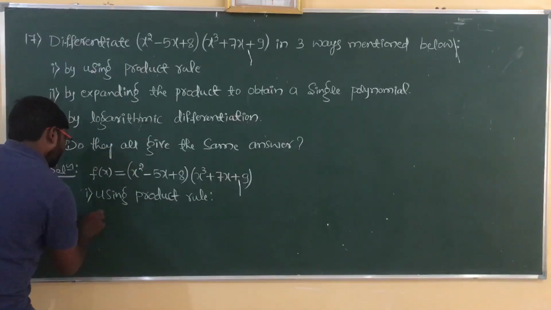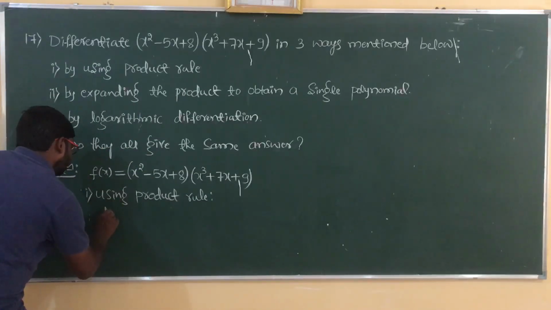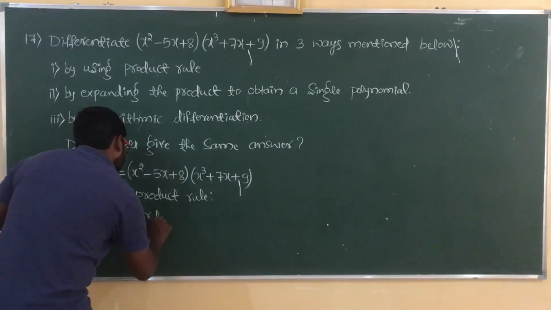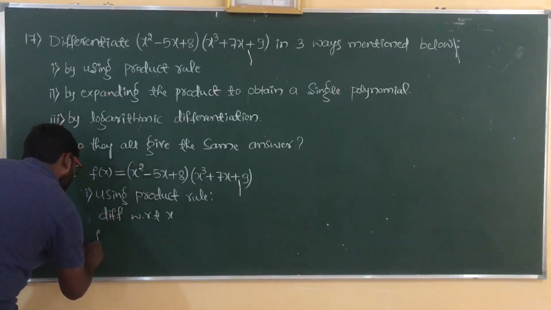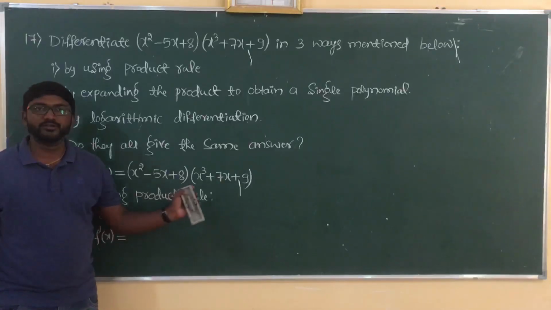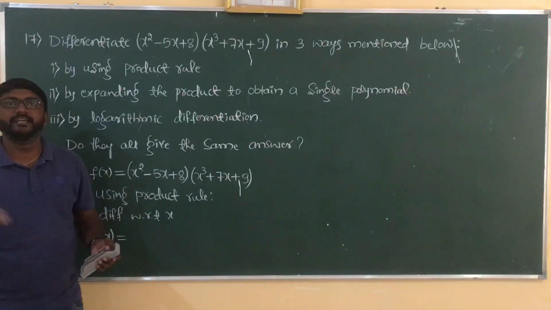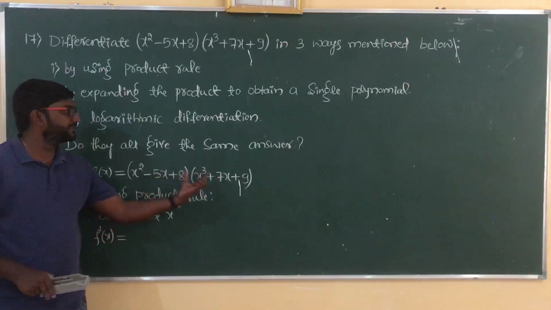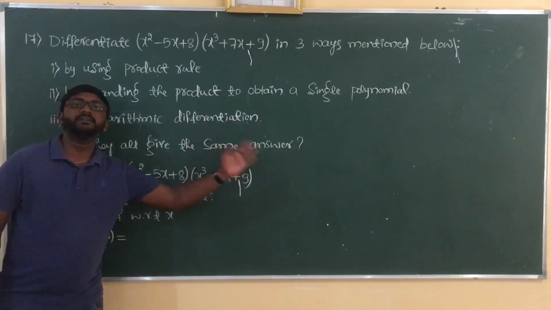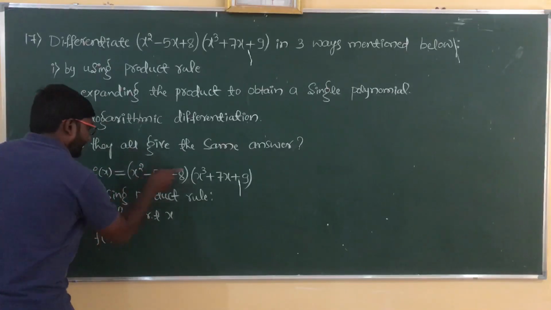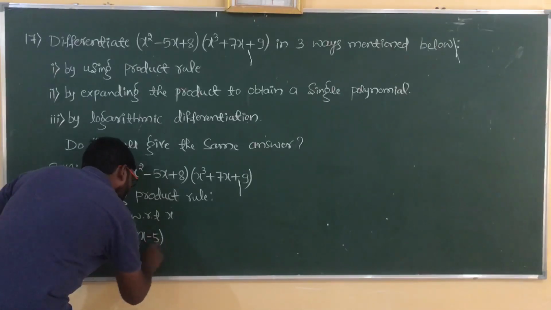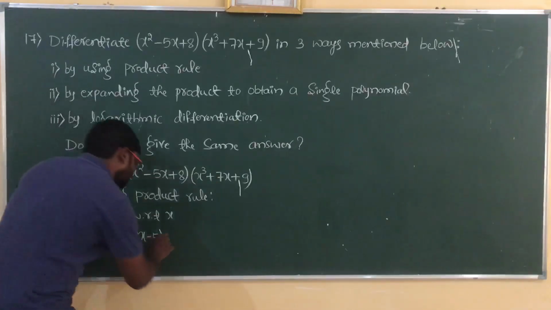now we'll differentiate with respect to x. Now we get f dash of x is equal to, so we have to apply the product rule here: u dash v plus u v dash. Derivative of the first function, write the second function as it is, plus now write the first function as it is, take the derivative of the second function. So I'll go for this now. Derivative of this will give us 2x minus 5. Then into, write the second function as it is, x cube